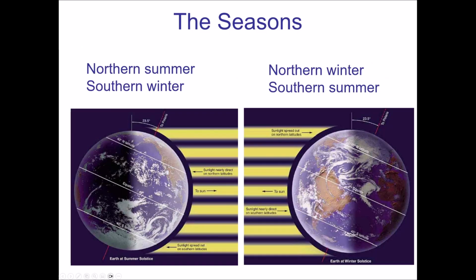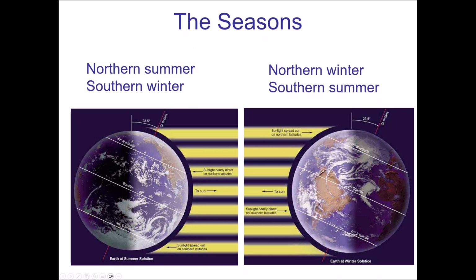Let's look at this other picture here. So this is a contrast of two different positions of the Earth in its orbit. Now the picture on the left is what you've been looking at, but the picture on the right would be about 6 months later. So the Earth moves in its orbit to the other side of the sun. The direction of the tilt's not changing over the course of the year here. So now for the northern hemisphere, you're tilted away. And this is going to be winter time, but now it's summer in the southern hemisphere because they're receiving more of the sunlight. So we can see why the seasons are flipped, because one hemisphere is always tilted toward and one hemisphere is always tilted away. It just depends on where the Earth is.